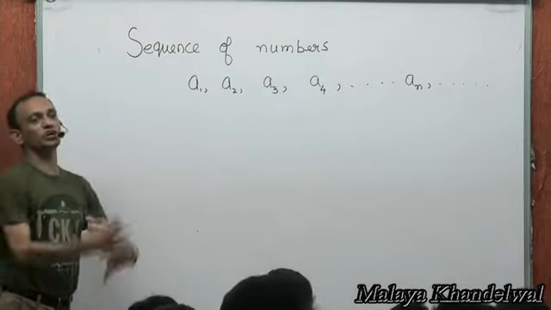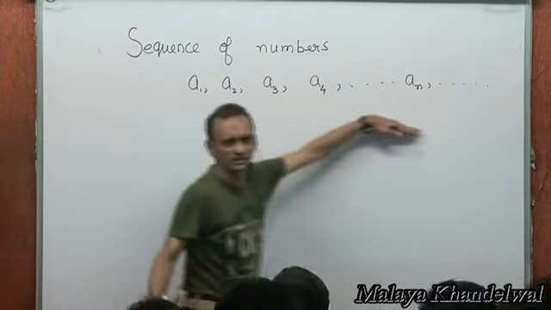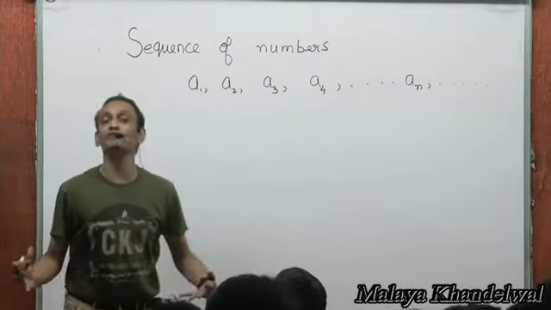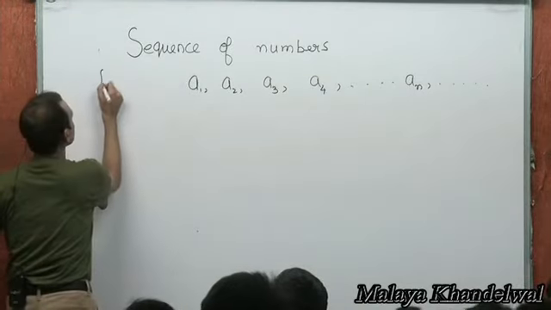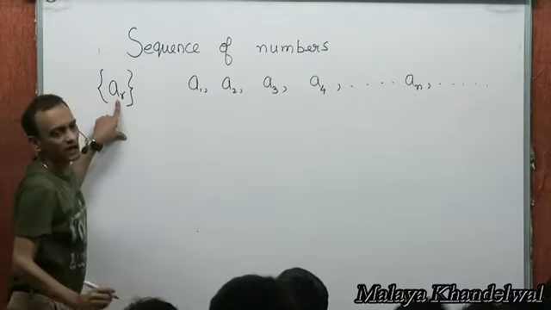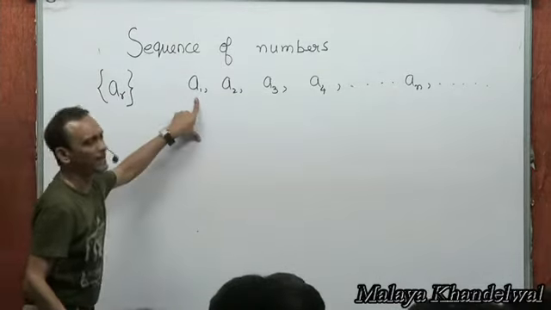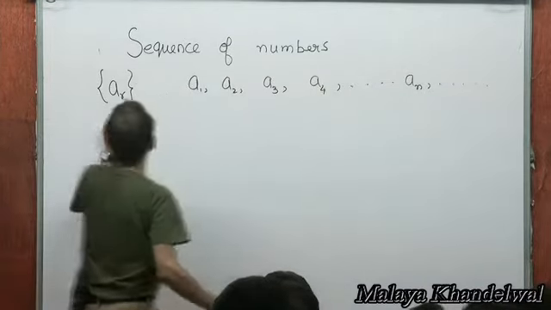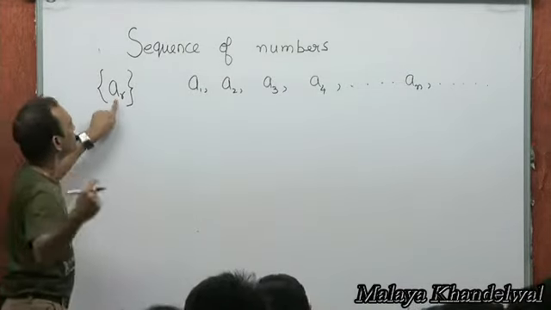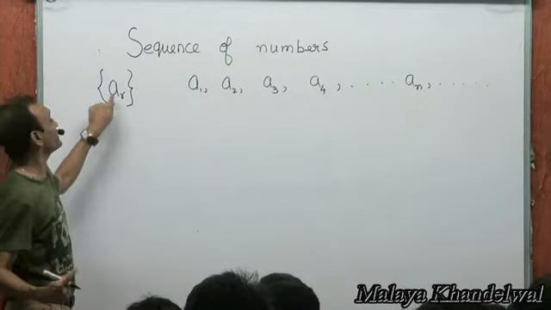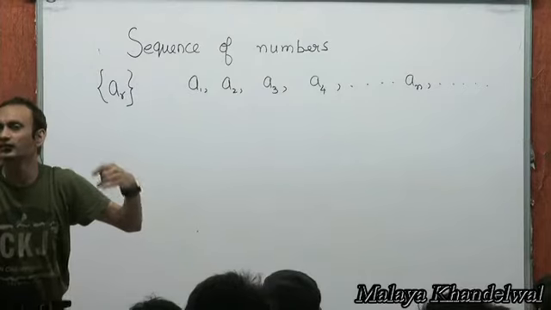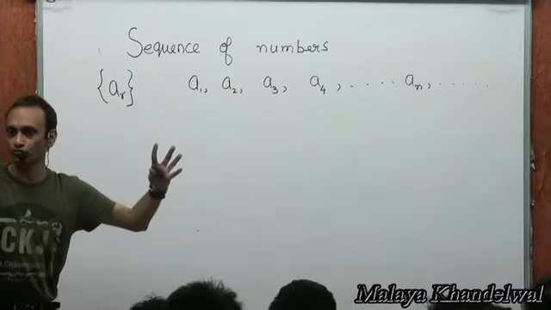This is a collection of numbers, A1, A2, A3, AN. The manner in which this collection of numbers is represented is like this. This is a sequence represented in curly braces. Curly braces AR means numbers like A1, A2, A3. R is like a running variable. R equal to 1, R equal to 2, R equal to 3, and so on and so forth, right? This is a sequence AR. So when someone says a sequence AR, it means a set of numbers like A1, A2, A3, AN, and so on and so forth, right?